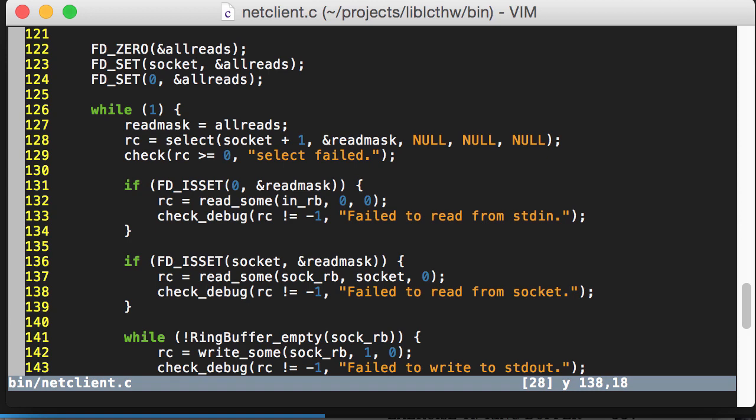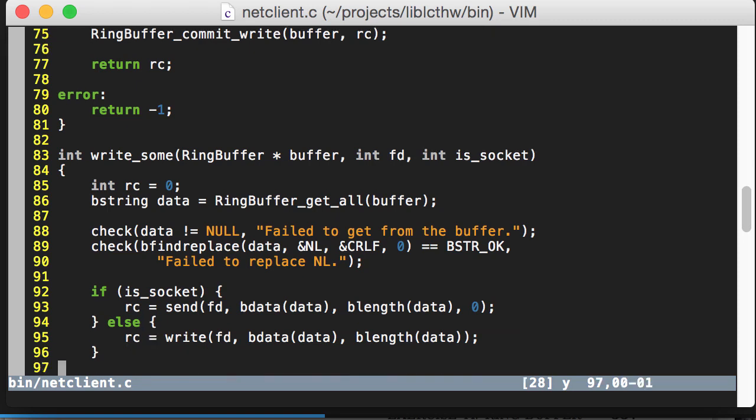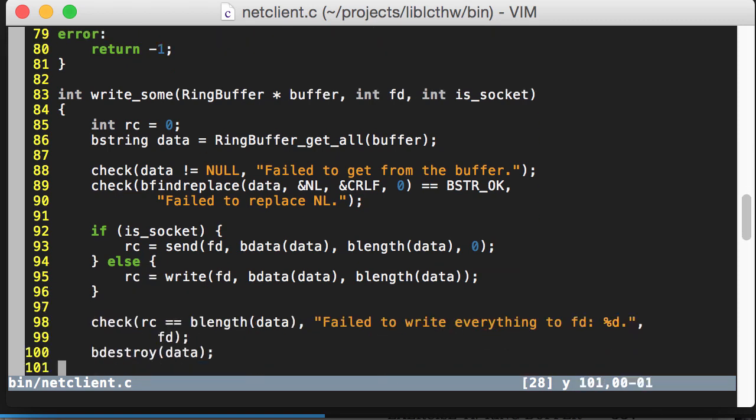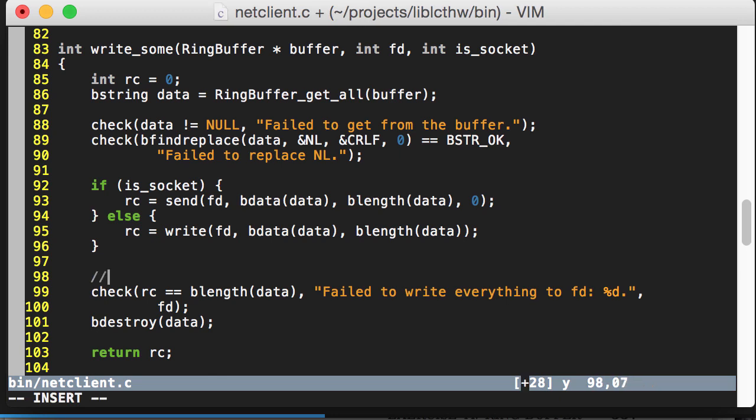Is socket read sum. I'm doing a debug. Write sum. So write sum, I come in, I make sure that I get all the data, because I'm going to try and write it to the socket. I'm going to send it, and I check that it equals the length of the data, and if not, destroy. This is debatable. I could say that it was, if I checked it, okay, so here, let me just do this, bug. I could say instead,